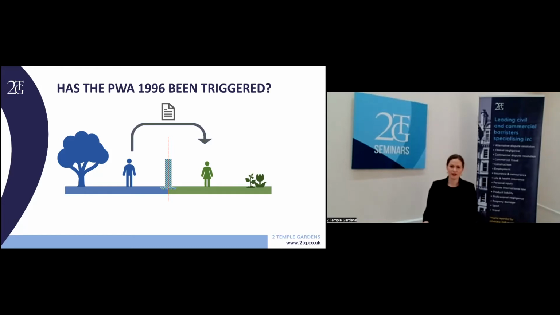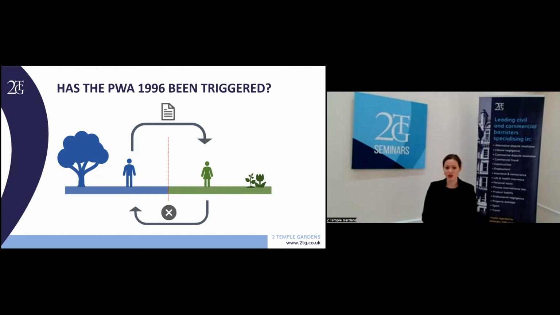On receiving the notice, Debbie has two options under the Act. She can serve her own notice on Curtis, giving written consent to the works. Now, that has to be done within 14 days, and if it is, all hunky-dory, and there are no time restrictions on that work being carried out. But if Debbie doesn't give consent within 14 days, then it's deemed that her consent has been withheld.